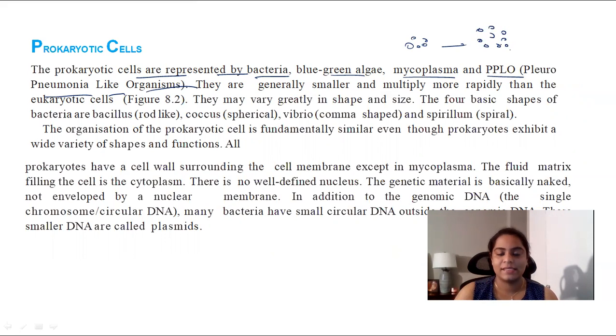Because they are very small, they can divide very easily. So bacteria is a type of prokaryotic cell, algae is a type of prokaryotic cell, mycoplasma is a type of prokaryotic cell,